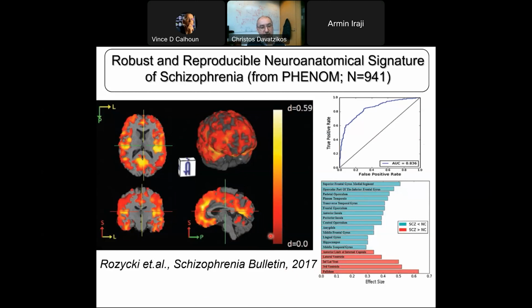Now we have over 10 sites or so in the Phenom Consortium that interrogates areas of reduced brain cortical volumes in a number of regions, including prefrontal, orbitofrontal, some parietal regions, parieto-temporal regions, and so forth. A lot of emphasis is in the perisylvian cortex. And these are some of the regions here that were atrophied in blue, but there were some regions that were increased in red. And I will highlight those